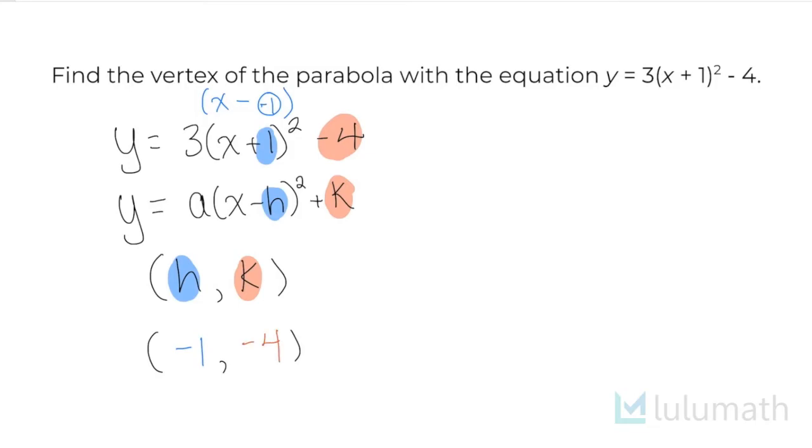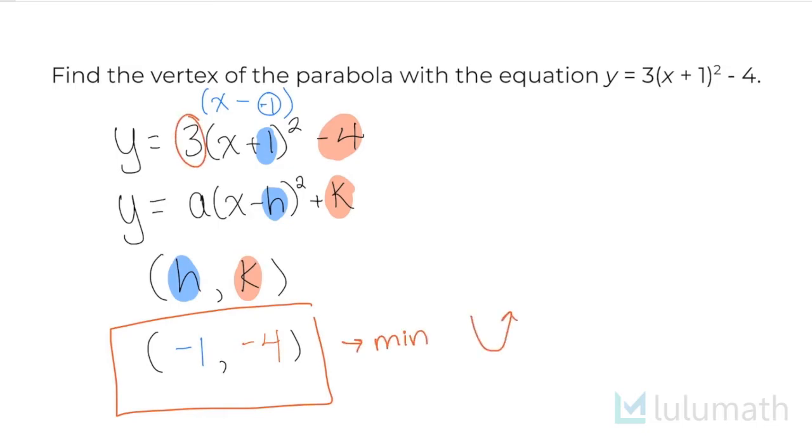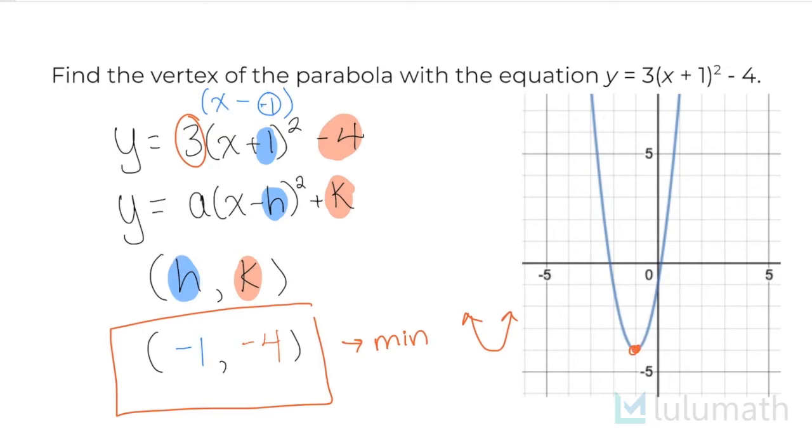So my vertex is going to be at negative 1, negative 4, and I can also say without even looking at my graph that this vertex is going to be a minimum because the a value is positive, which means that my graph will open up. Let's take a look at our graph and see where the vertex is. So if you look right here, my vertex is at negative 1, and then this is negative 4, because we can see here that since this is negative 5 and this is negative 5,